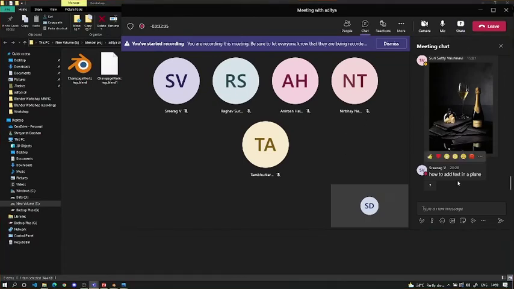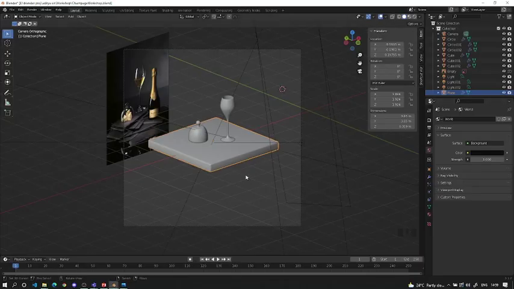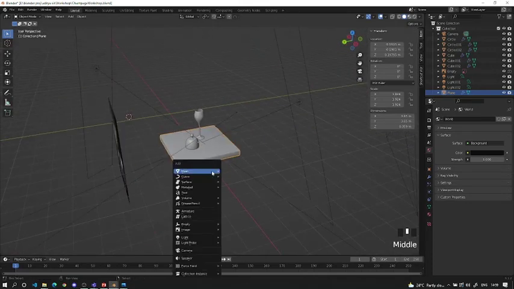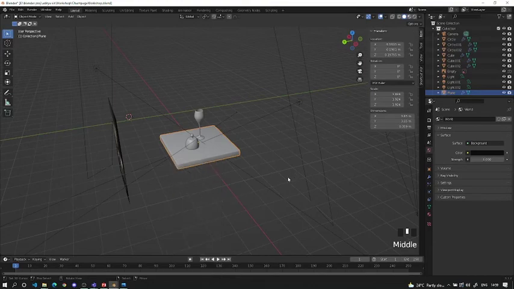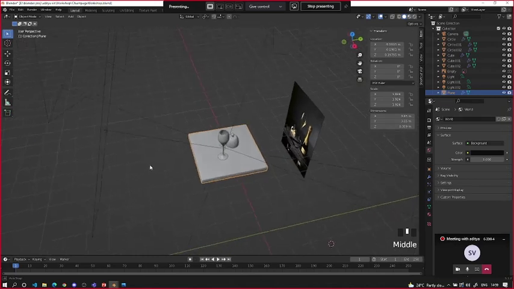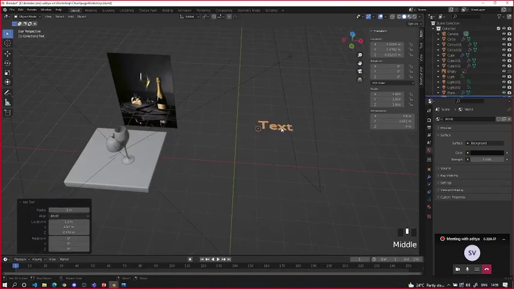And how to add text in a plane. Okay, so someone has asked how to add text in a plane. So to add text in a plane, if you go into the object mode, you can press Shift A, and in the add menu you'll see a text option. Let me share my screen. So if you press Shift A, in the add menu you'll see a text option, and if you select that, you can add text